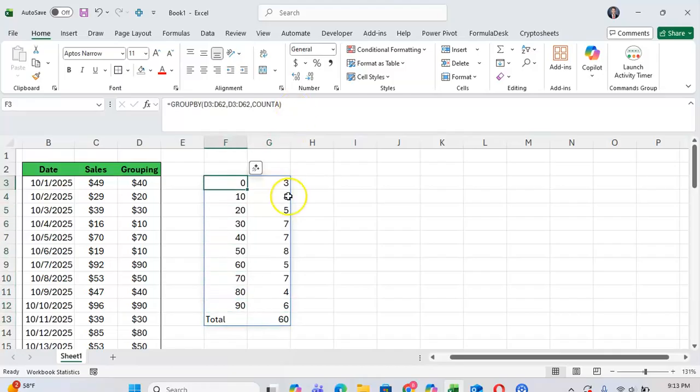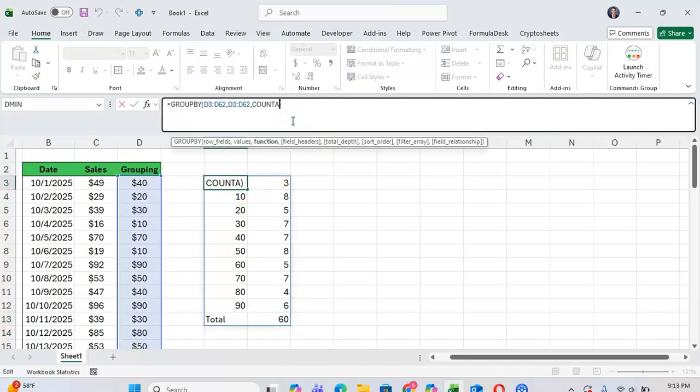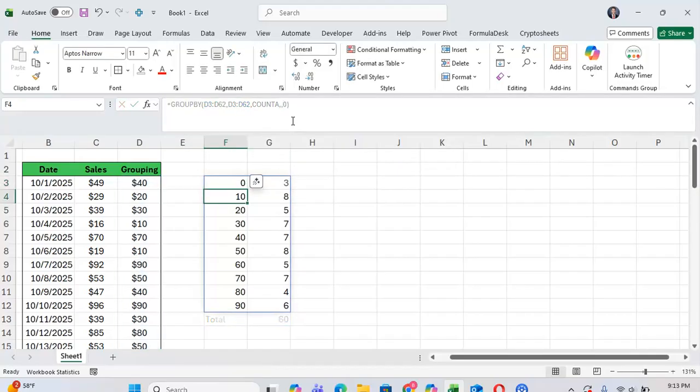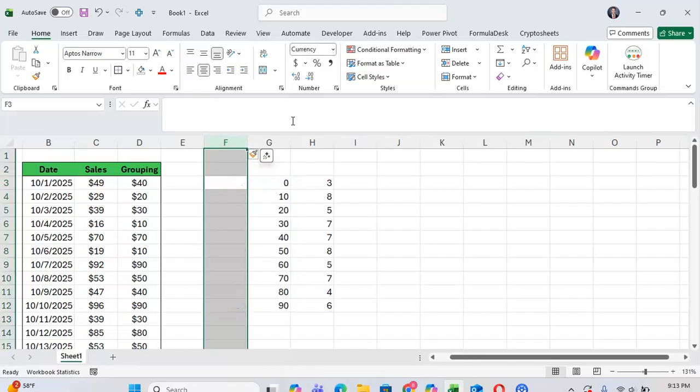And lastly, once you move this total down here, it can make our chart look weird, so we're going to comma twice to get to total depth and put 0, so the total row does not show up. We can also adjust this as well. For example, we can have grouping,